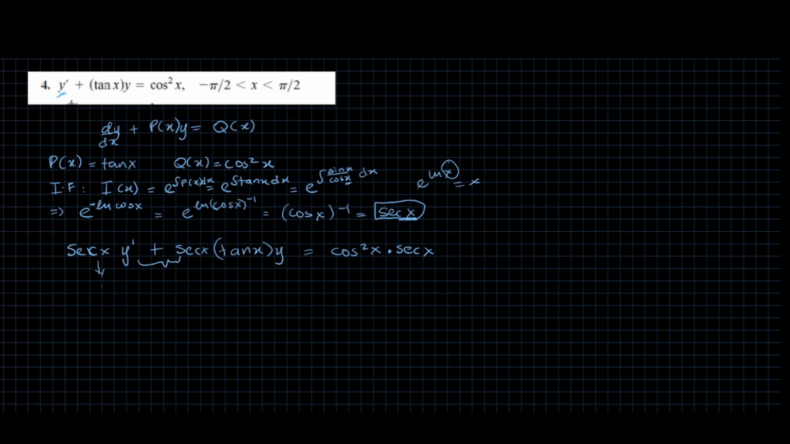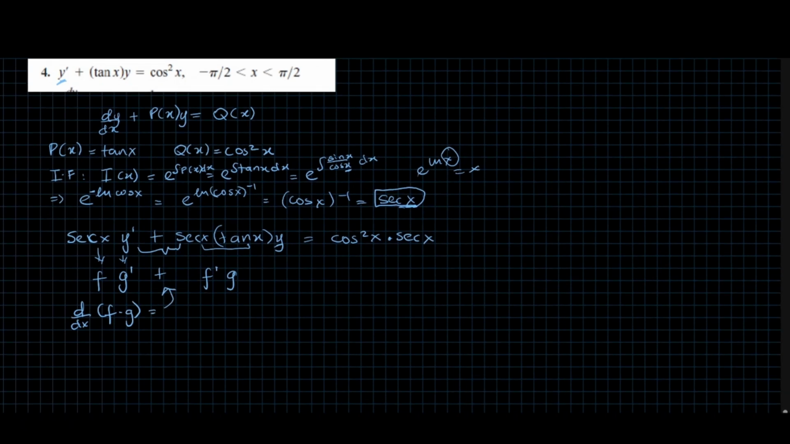This is basically f and this is g derivative, plus this is now f derivative, and this is simply g on its own. This is the product derivative as you're seeing it. So this basically says that d over dx of f times g is equal to this. So we can simply rewrite this as d over dx of sec x times y, where sec x is f and y is g, equals,